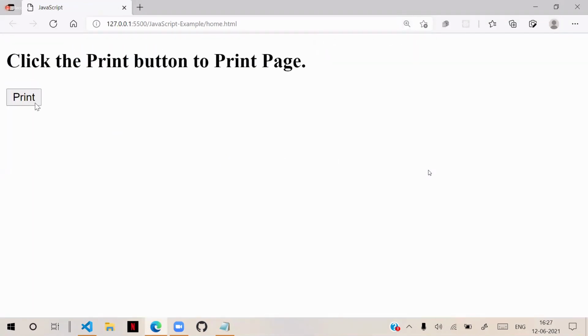When I click the print button, it should be able to print the page. Later you will learn about JavaScript functions and how to write them. Currently you need to understand where JavaScript is written in HTML. What are the techniques? The first point is we can write JavaScript inline.